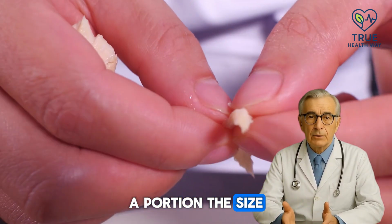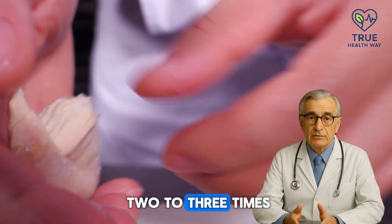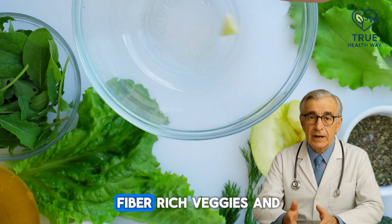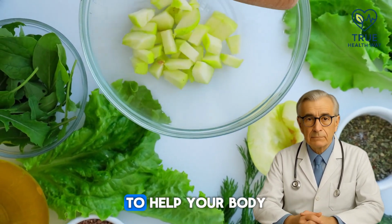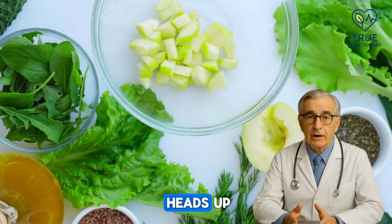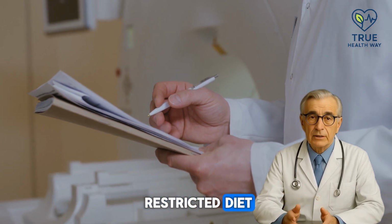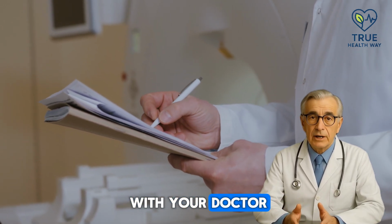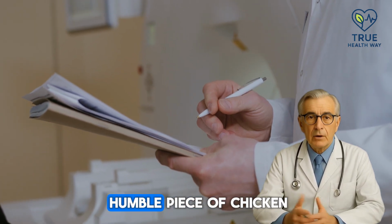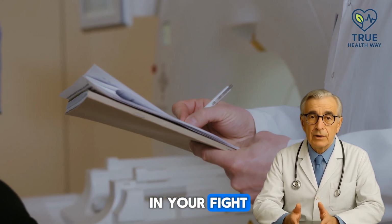A portion the size of your palm, about 3 to 4 ounces, is all you need 2 to 3 times a week. And for even better results, pair it with some fiber-rich veggies and whole grains to help your body absorb those nutrients more effectively. Just a heads up, if you're managing kidney disease or on a protein-restricted diet, be sure to check with your doctor about the portion that's right for you. For everyone else, this humble piece of chicken could be one of the most powerful allies in your fight against